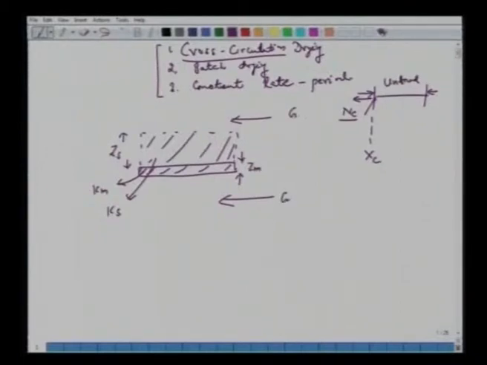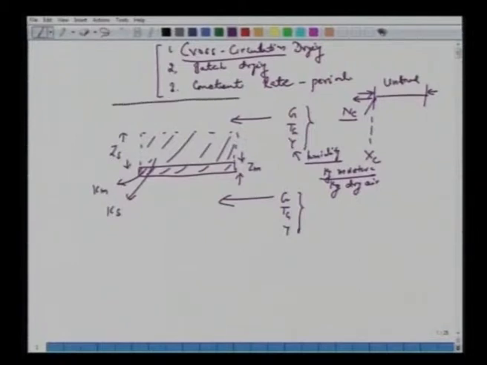So let's say the air temperature is Tg and the humidity is Y here. The Y represents kg of moisture per kg of dry air. So G, Tg, Y, all three here. Okay, and it also comes inside of the solid.